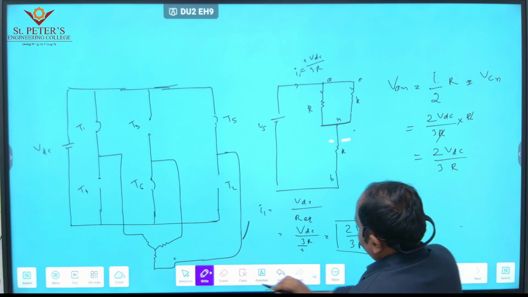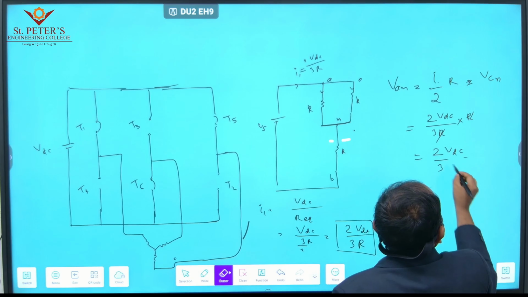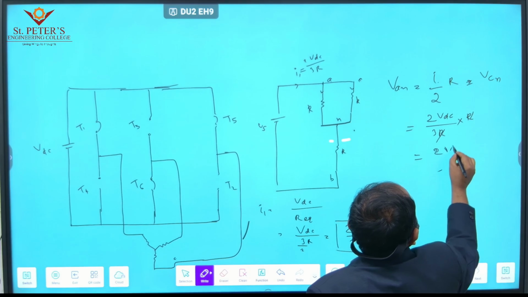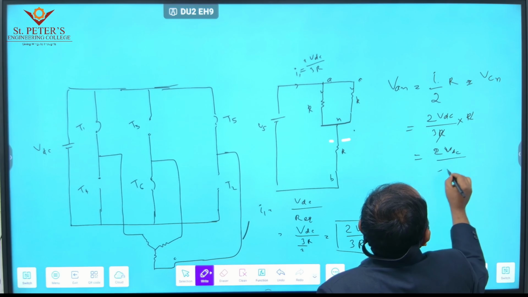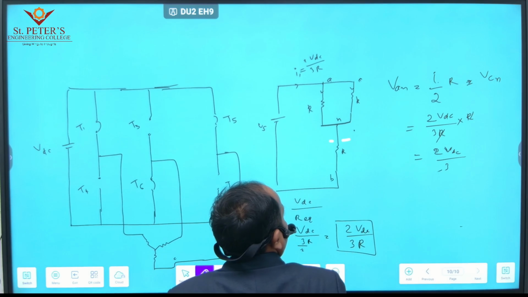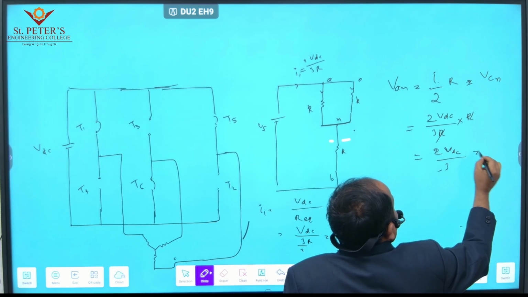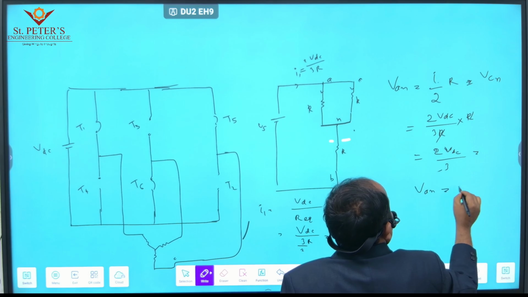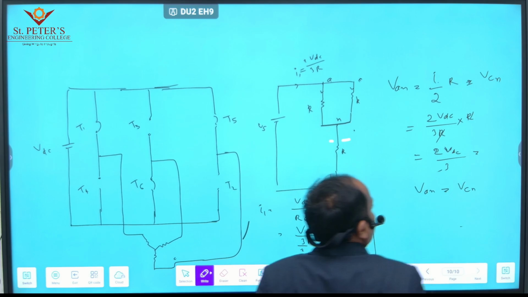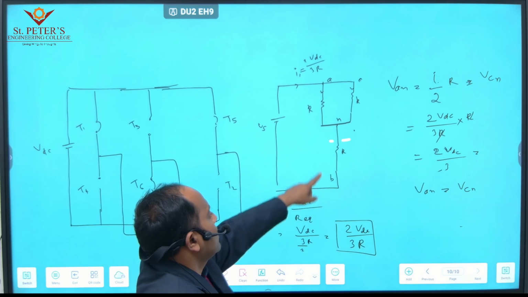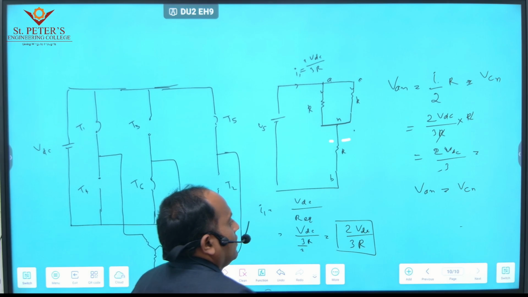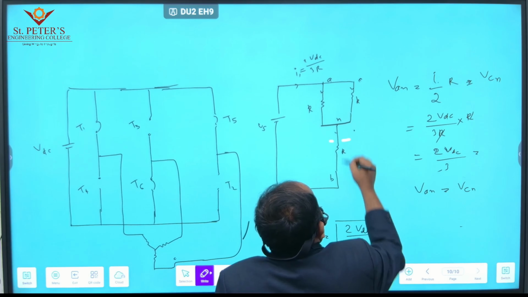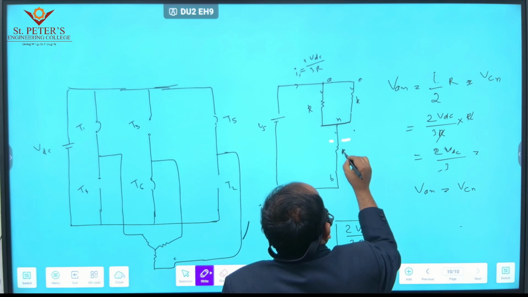So we get 2 VDC by 3. That is nothing but the voltage across VAN and VCN. Okay, then what is the voltage across VBN? Then VBN is nothing but the total current flowing through this phase with resistance R. So that's why